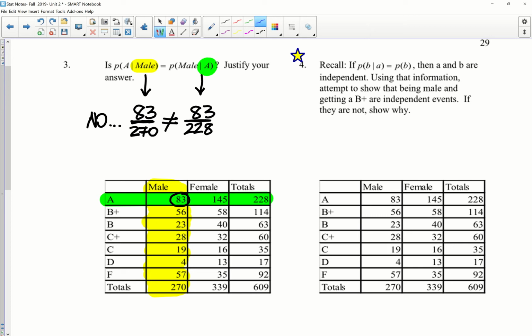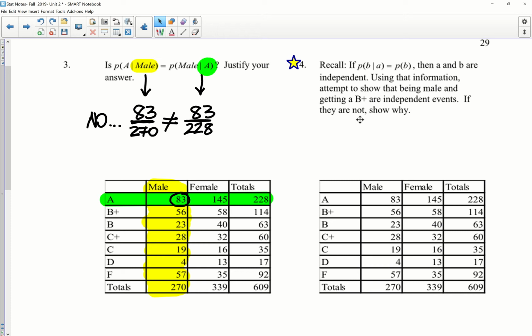But that doesn't always apply in real life. Sometimes a condition will impact the probability of an event occurring. So this question is really important, not only mathematically, but also academically, socially, a bunch of different possibilities, because you're looking at just a scenario. Using that information, attempt to show that being male and getting a B plus are independent events. All right. So in theory,